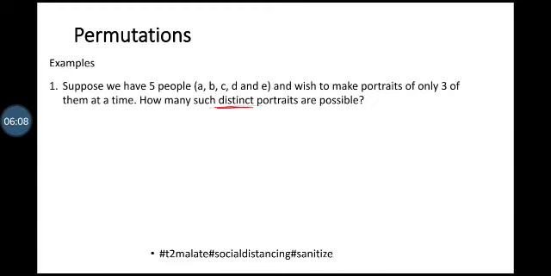Distinct order is important, because we start with the tall guy, assuming they are tall and short people. The one that you start with the short person is different, it's distinct. So then we have P, our n is 5, and our r is 3 at a go, which is equal to n factorial, our n is 5, over 5 minus 3